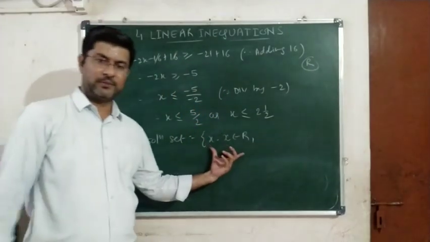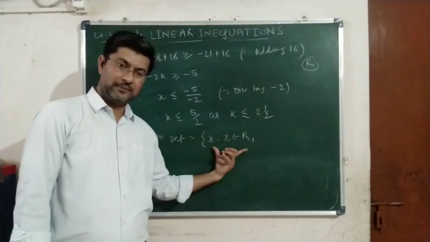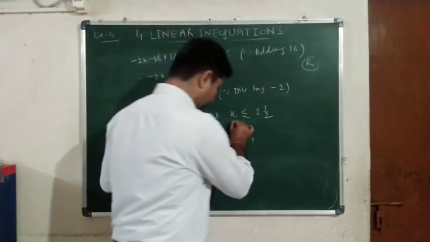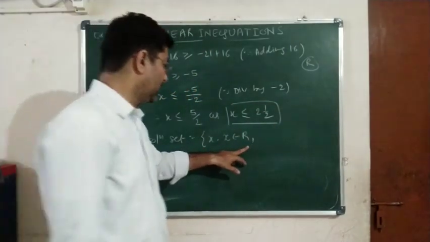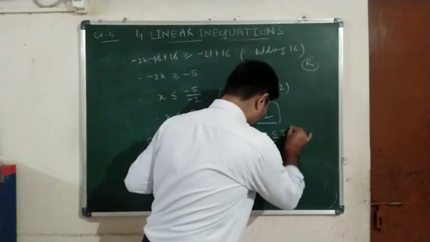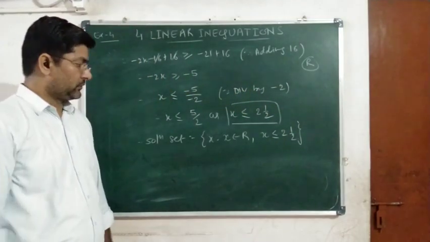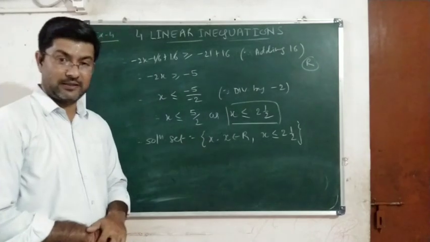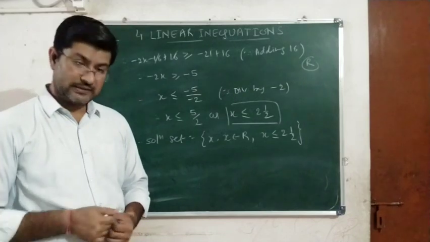Now this is a common step. Remember that in every solution where the replacement set is R, you will write this step as a common step. x such that x belongs to R, and then the condition that we have obtained, this we have to put separated by a comma. So x is less than or equal to 2.5, or 2 and a half. Clear? So this way we will write in set builder form. This is called the representation by set builder form. If not studied in set theory in lower classes, you will learn this in class 11.